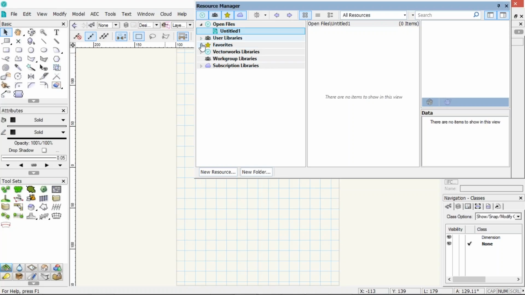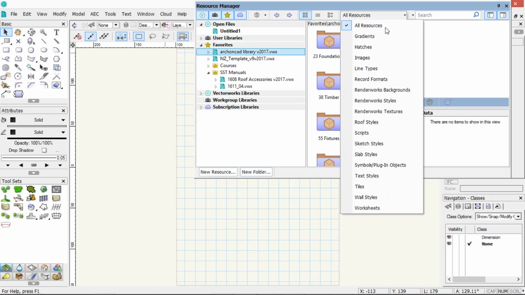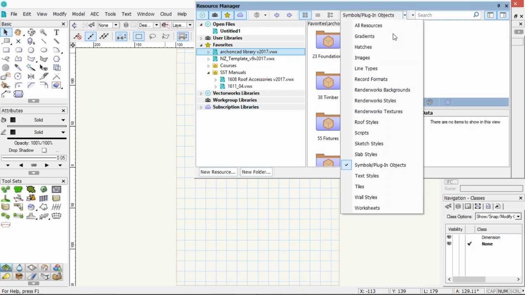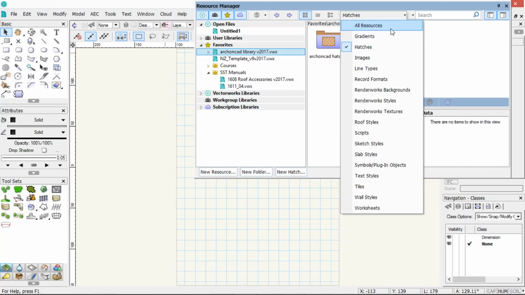When we're looking through a specific file and we want to see what kind of resources are there, we can choose to look at all the resources, or we can just choose to look at gradients or hatches or wall styles and so on. So you do have to remember to make sure you choose the right one. If I'm looking at plugin objects and then I go to look for a hatch, it won't show me hatches. So if I want to see hatches, I've either got to go up here and choose hatches, otherwise I have to choose all resources. So just be careful of that, because it's quite easy,